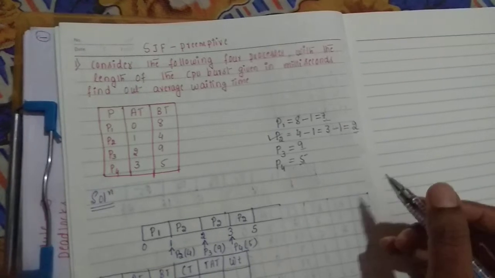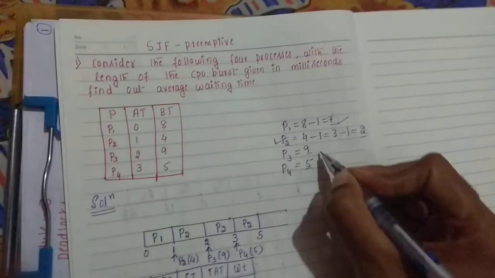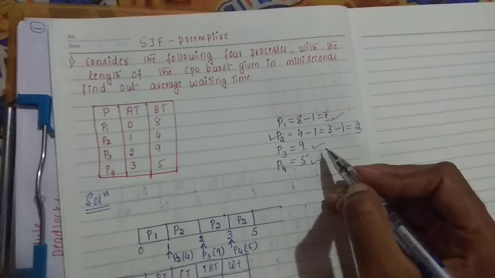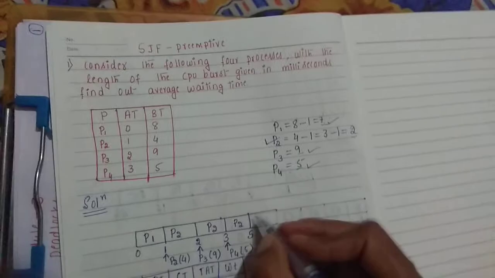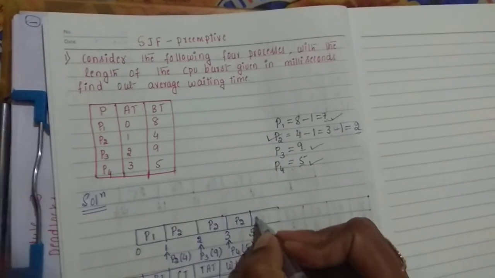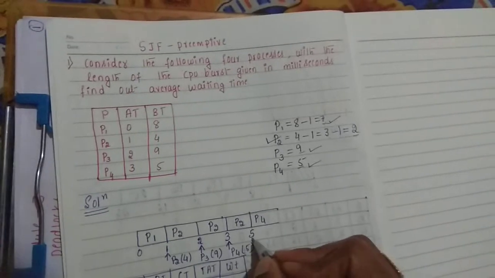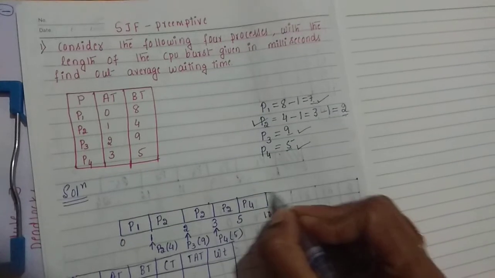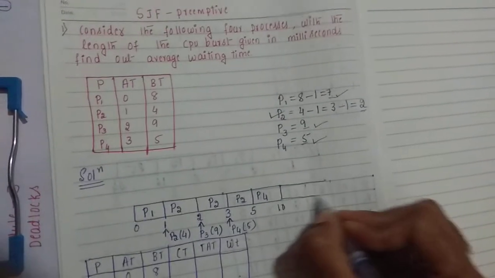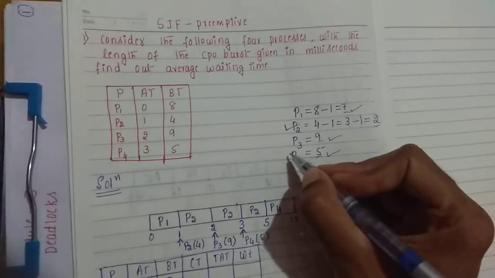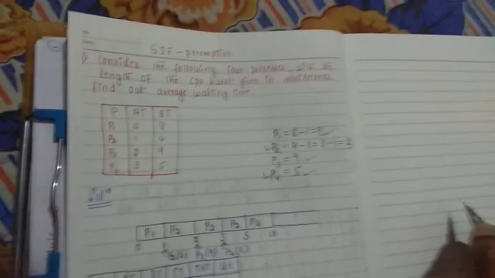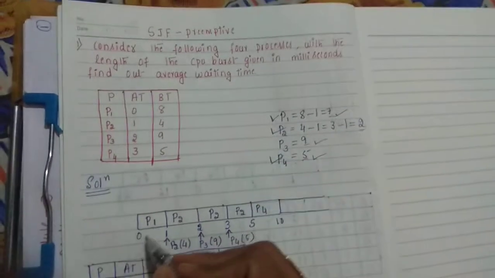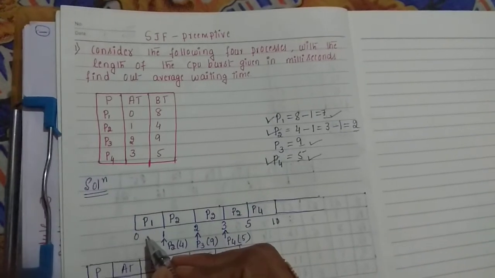Now remaining processes are P1, P3 and P4. Which is having the least burst time among these? That is process P4, right? That is 5 plus 5, how much? 10 milliseconds. And next, P4 is directly computed. Okay, next least time is process P1. Actually he came first, he executed for only 1 millisecond.